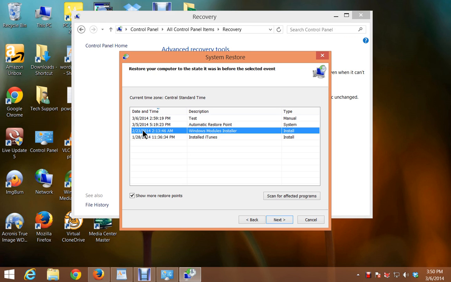So remember that once you select that date, it's going to go back in time to that date, and anything that was installed on your computer after that date should be removed. Some of the files, some of the software, it should be able to go into your registry and take out some of the things that have been installed, and hopefully it can get to the virus and malware that has infected your computer. So we're going to click on the next button,